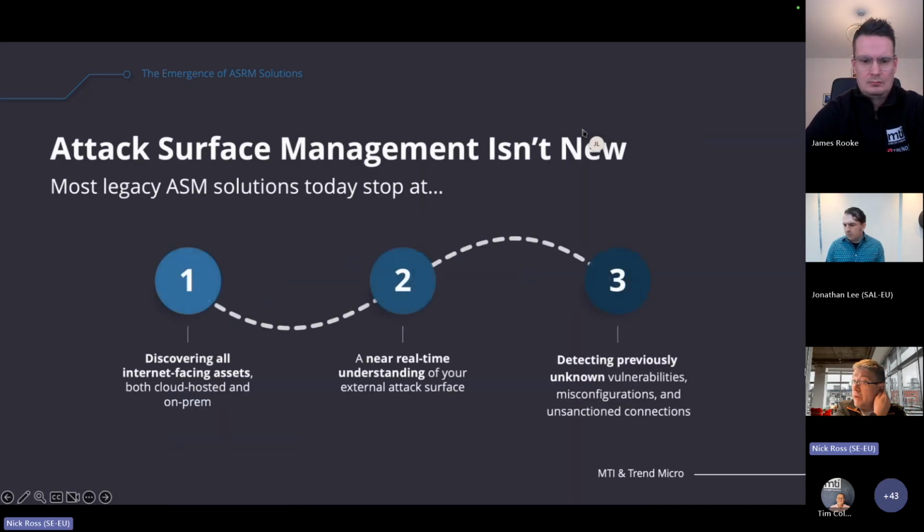Attack surface management isn't new by any means. There have been a number of different technologies on the market for some time that are very much focused on the asset side, but the risk factor isn't included in those. So I would deem them attack surface management solutions. Typically, they're asset tools that are very good at identifying what you have in your inventory, but then you need to go off and actually do something about that manually. And so one of the things we'll talk about when we dive into the platform in a second is how we can actually automate a lot of that behavior.